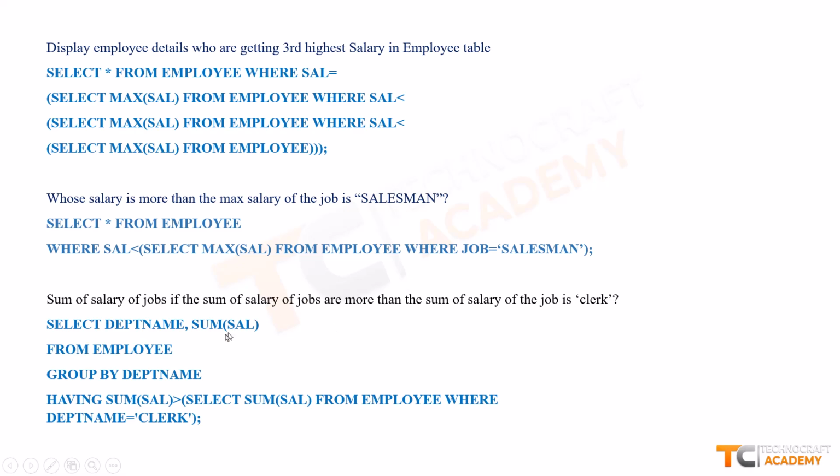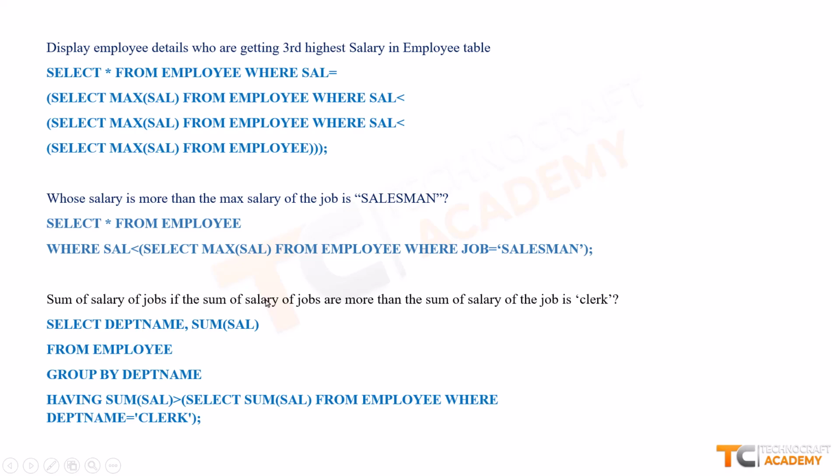Let's read out the question once again. It says the sum of salary of jobs should be more than the sum of salary of the job that is clerk. So we know that the job is clerk, and first we need to know the sum of salary of those having a job as clerk. So we need to calculate